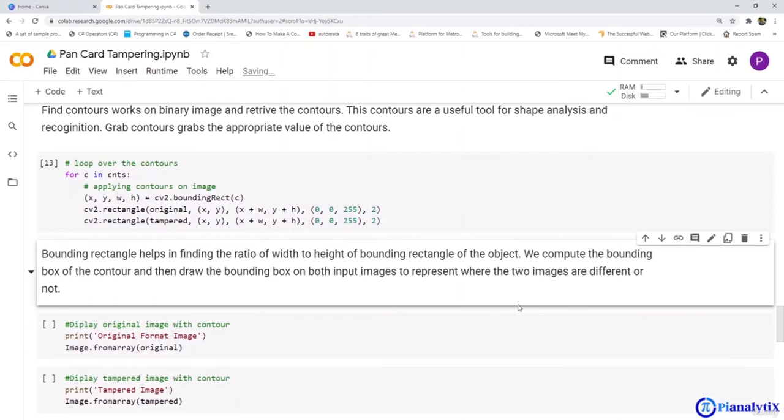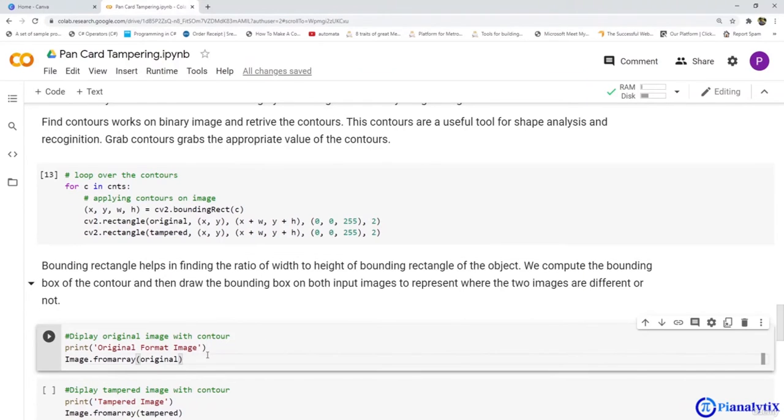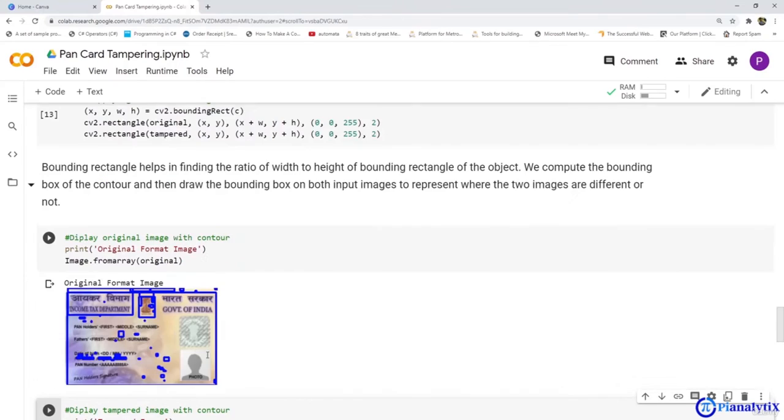Now we just need to visualize the images using different functions. First we'll display the original image with the contours we have created. As you can see here, this is the original image with the contours. You can see that this Income Tax Department text is a different contour. Similarly, we can see different bounding boxes for each and every element on the PAN card. This is the original one.